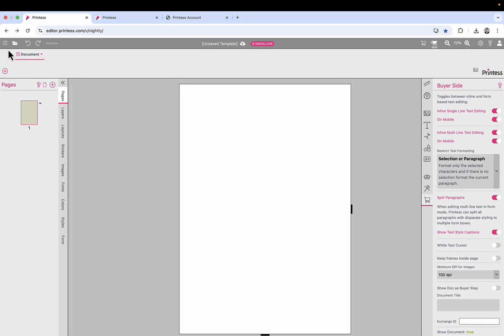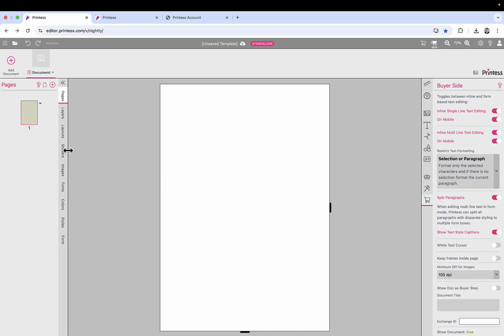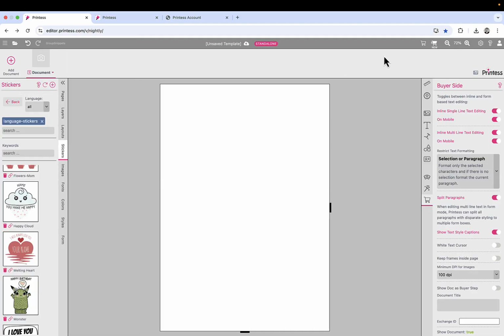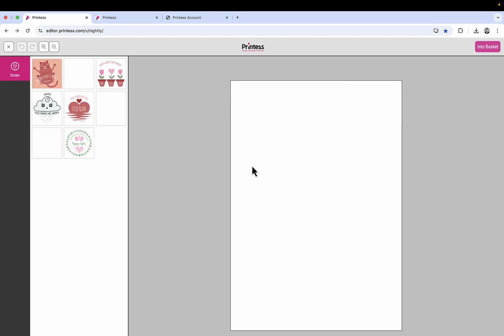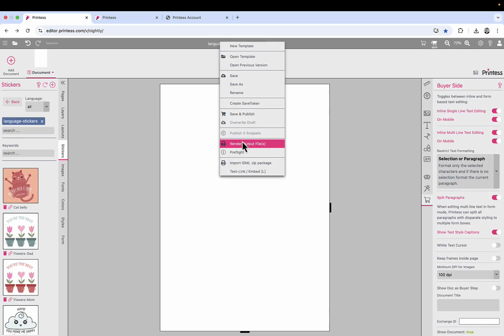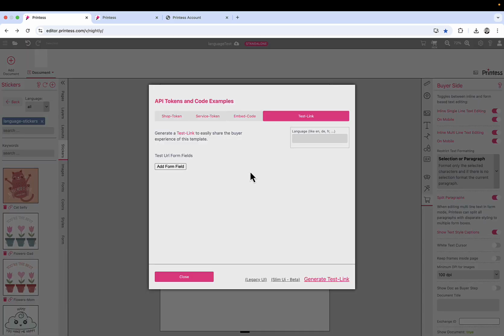So we will now go to an empty template to add our sticker library, language stickers, to go to the buyer side for testing. My system is in English, so nothing much has changed, but if I save it, let's say language test, I can ask for a test link. And in that test link dialog, I can now set a language. So if I go for FR, for example, for French, to generate a test link,